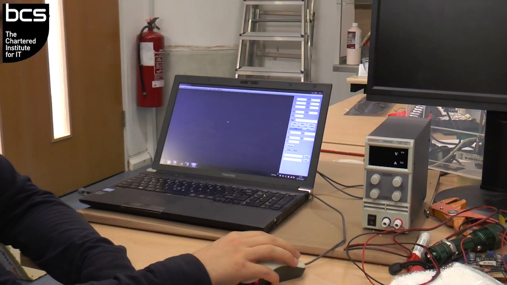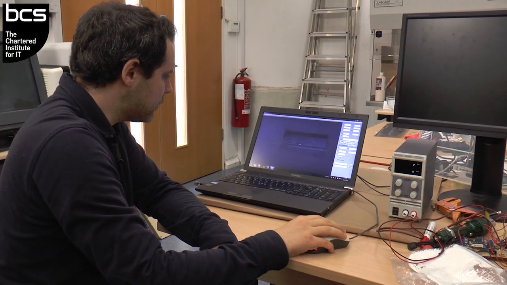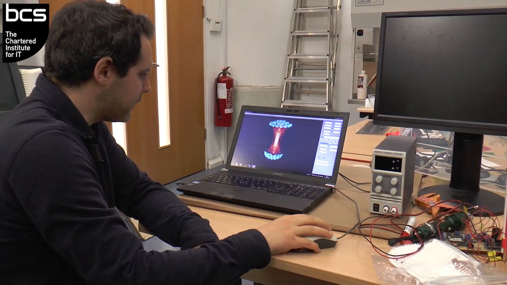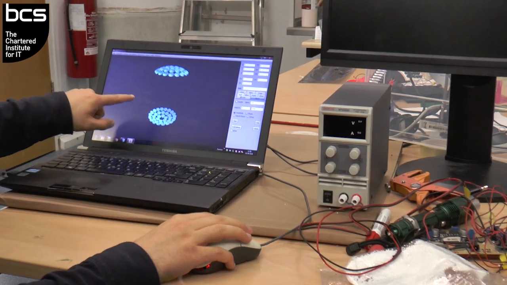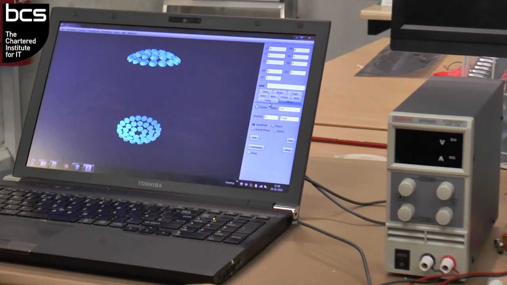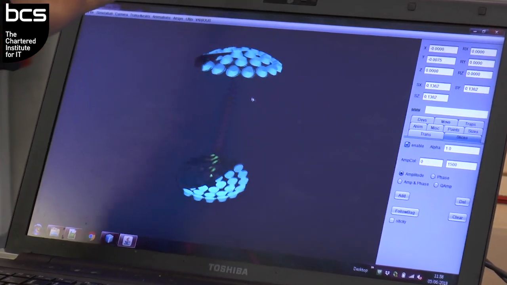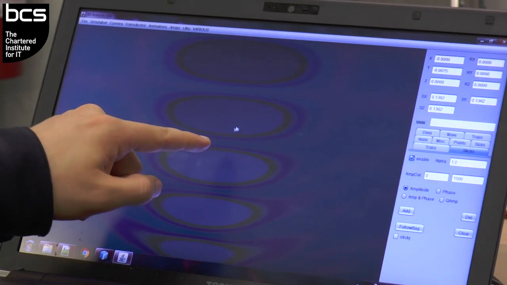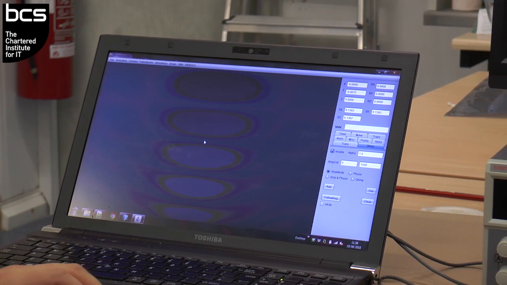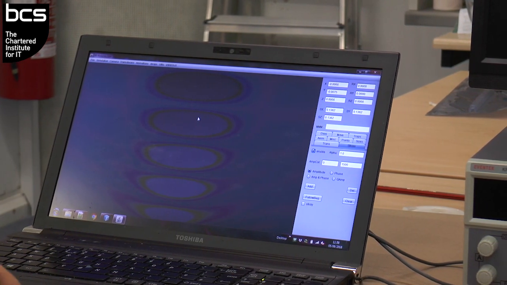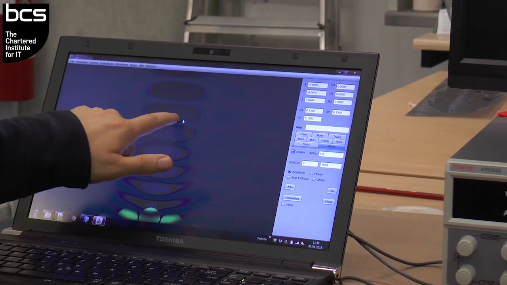So this is the simulator that we use, but now everything is empty. We will load a file in the simulator, and now we can see different things. All these tiny things are the speakers, the transducers, and the color that they have represents the phase or the signal that we send. We could put a slice of the field, so this is a slice passing through the center, where the dark areas mean very low intensity, or if we could hear the ultrasound, it would be quiet sound. And the bright areas mean high intensity, or if we could hear the sound, it would be loud areas. The particles are trapped here in the nodes, in the quiet areas.